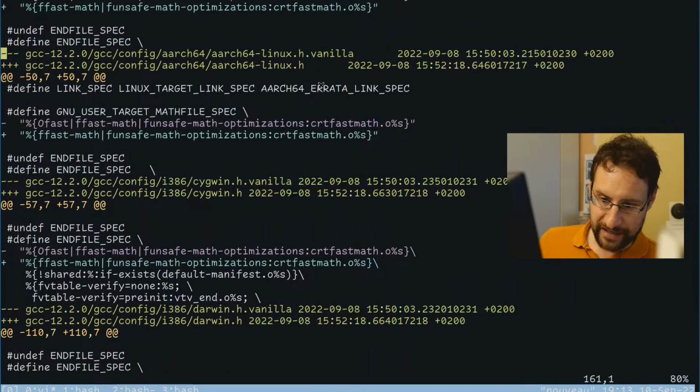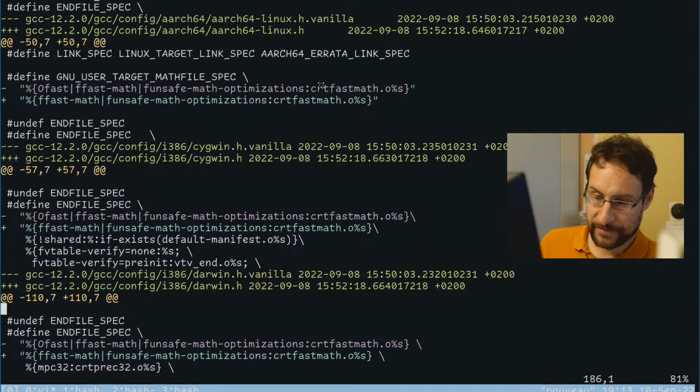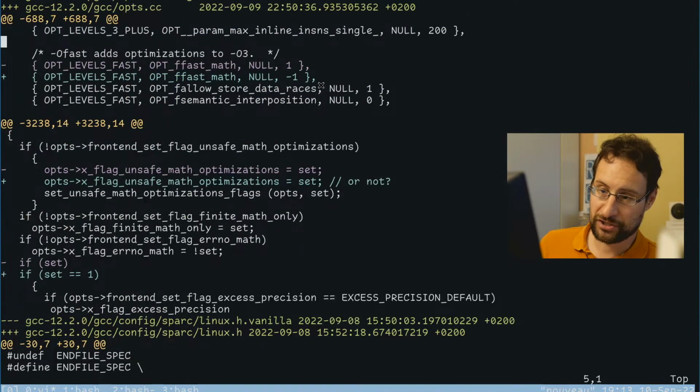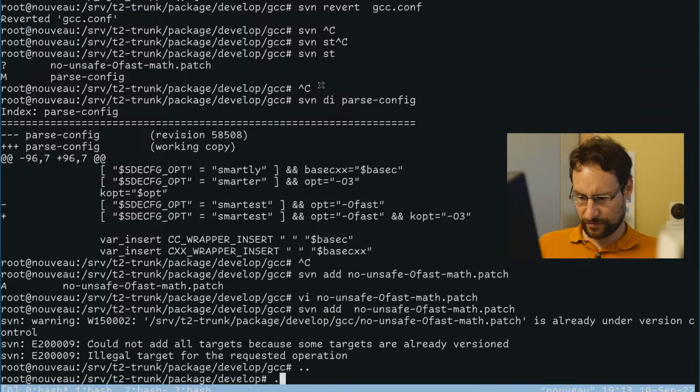I initially thought I would use sed, but having this as a patch allows me to better monitor if this changes. If we run sed, we could potentially miss that if stuff changes and doesn't work anymore. So let's also, did I add this already?